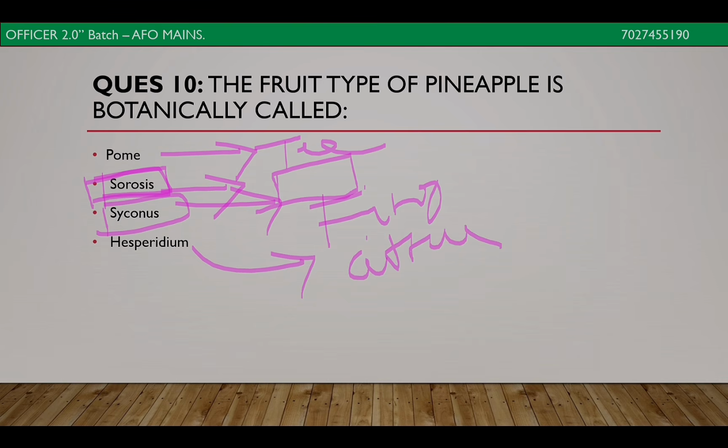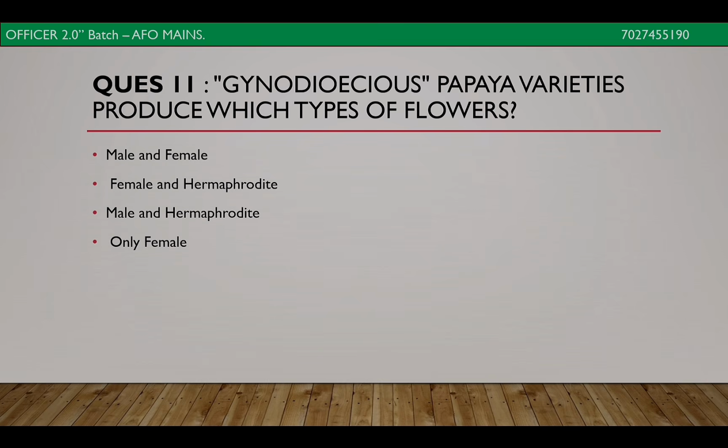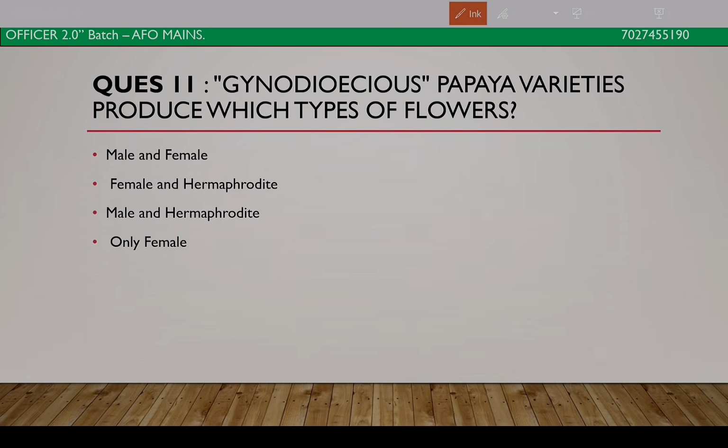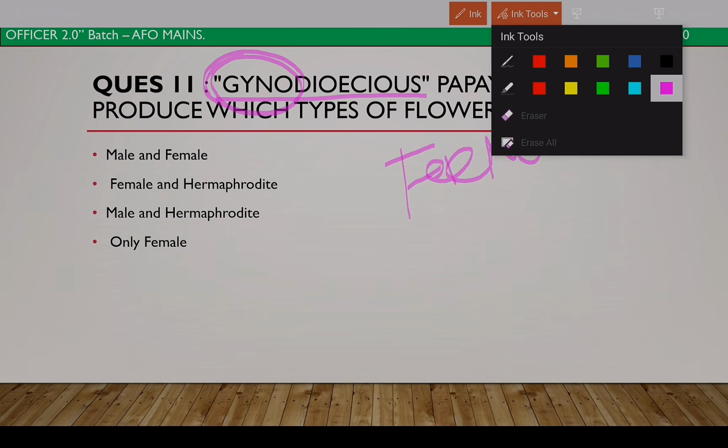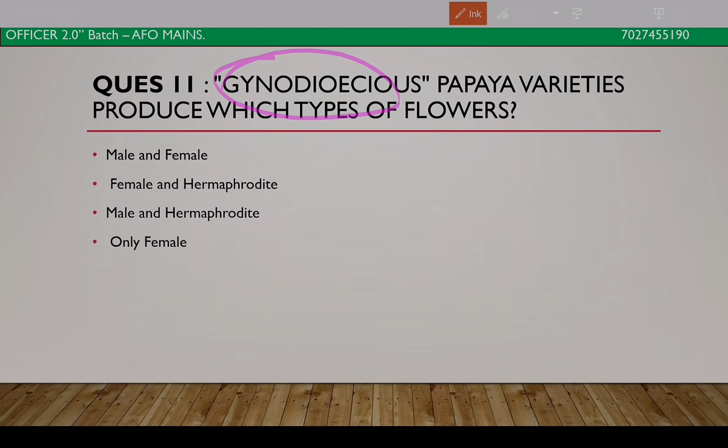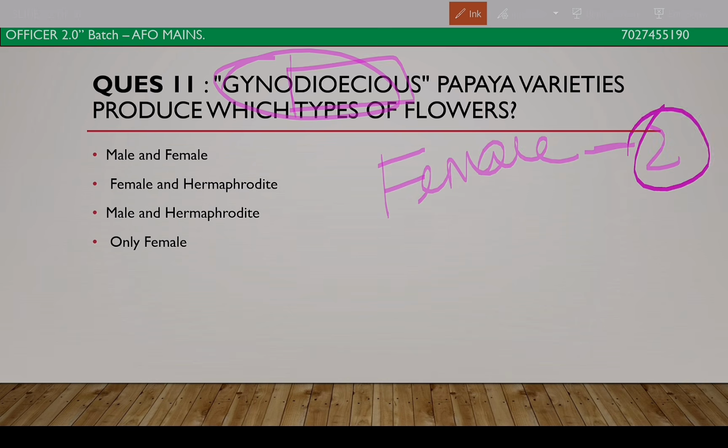Okay. Now the next question. Gynodioecious papaya variety. What do you mean by gynodioecious? First of all, gyno. Where you find the word gyno, it means there must be a female plant, female flower. When there is the word gyno, it means there will be female. Okay. Dioecious means 2. Monoecious means 1. In case of gynodioecious,